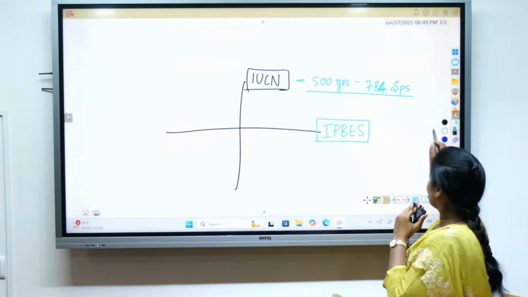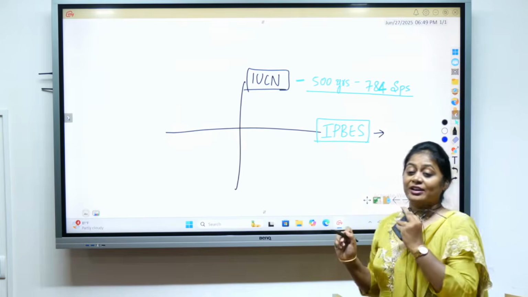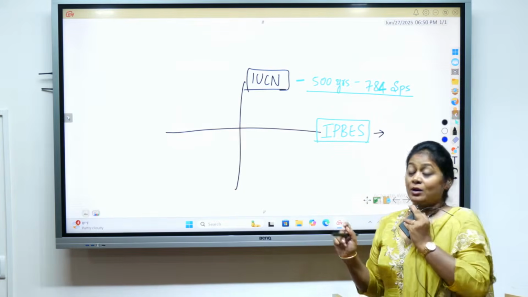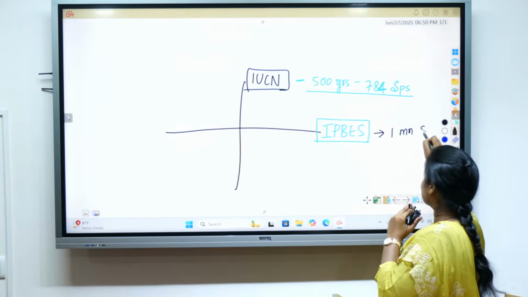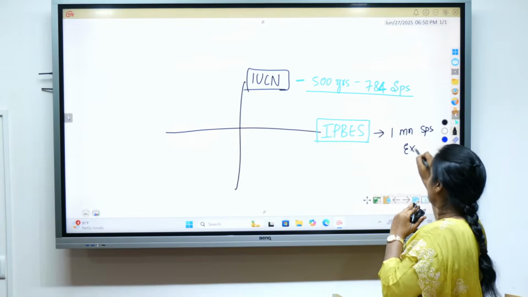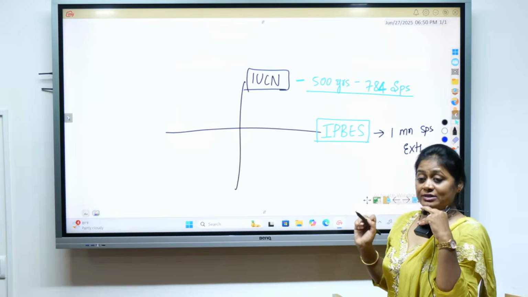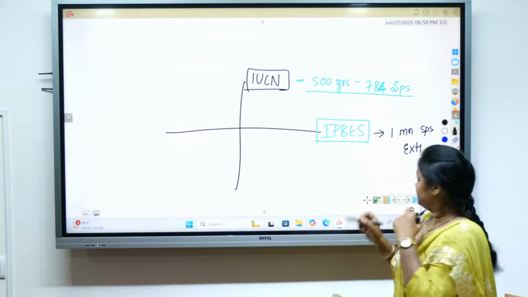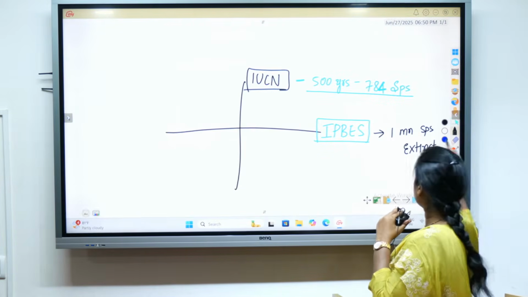So according to this IPBES, how much decline has happened? Out of 8 million species, 1 million species got extinct. IPBES is known as the IPCC of biodiversity. And third one,